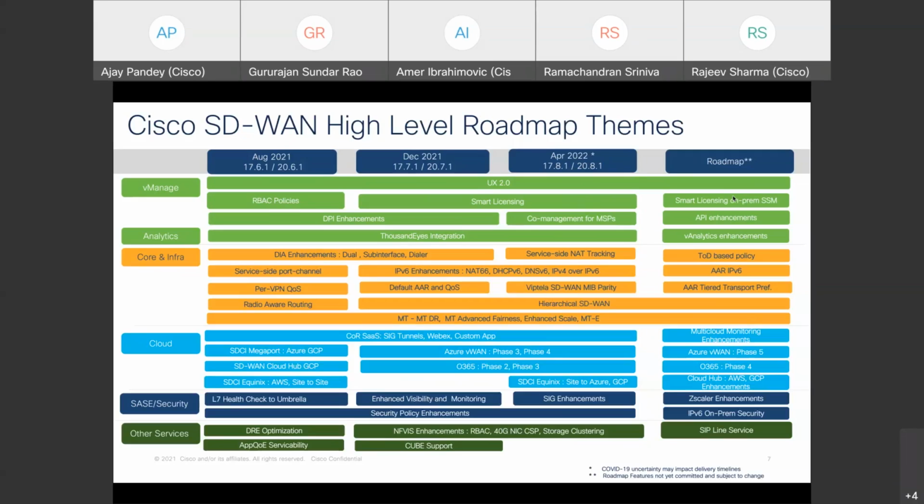And at the same time, we are also working with the SaaS providers like Office 365. So we are getting telemetry from them and using that in our products to give you the best path to reach Office 365. So that is another area we have identified as being of very high importance to our customers, right? And then